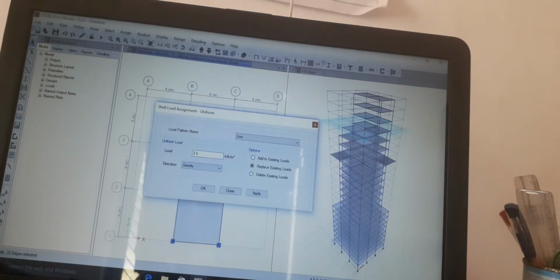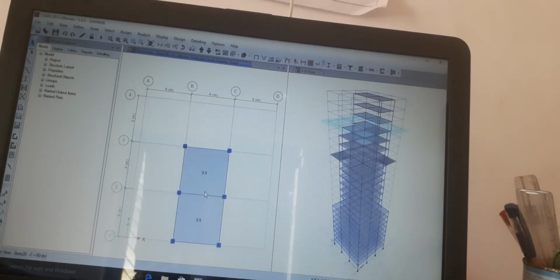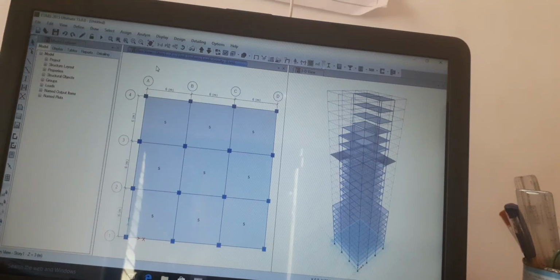uniform. We have to give the load as 3.5 kilonewton per meter square, apply, OK. And we have to move into story 1 and similar story, we have to check and select all exterior beam.